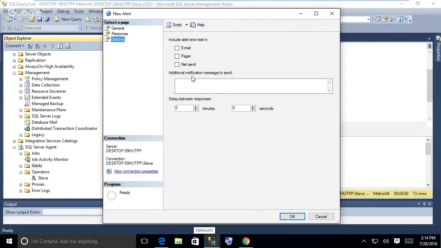Options include alert error text in email. And we could add something. This is a test. This is only a test. If this were an actual emergency,